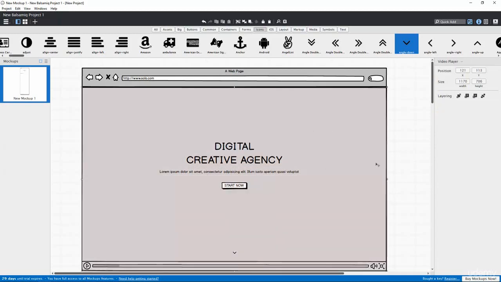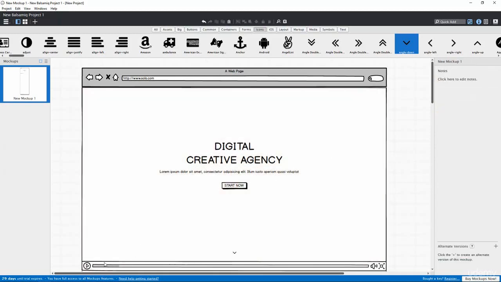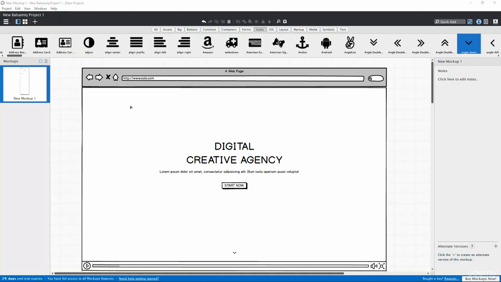You don't need to worry about the controls of this video element, because in real development we will not have these controls. I think we are good to go for the home section. Everything looks fine. Next I have to add the logo and menu bar for the solo website, and to draw